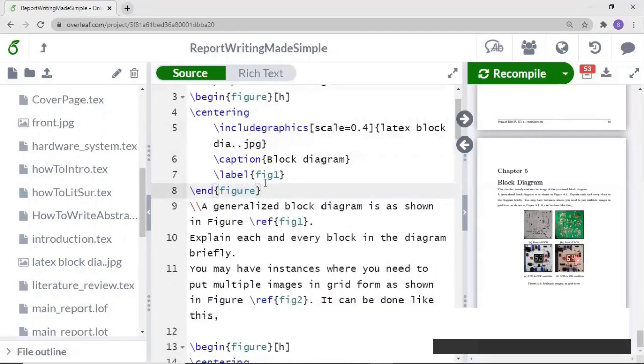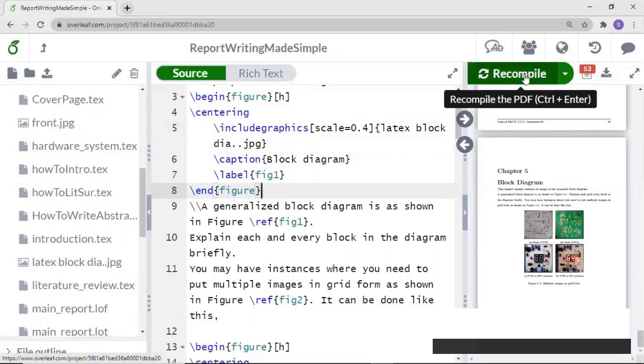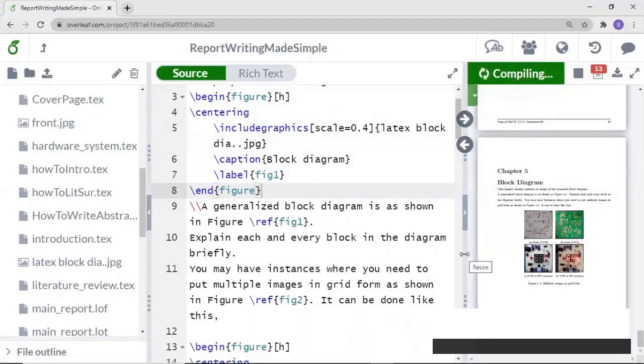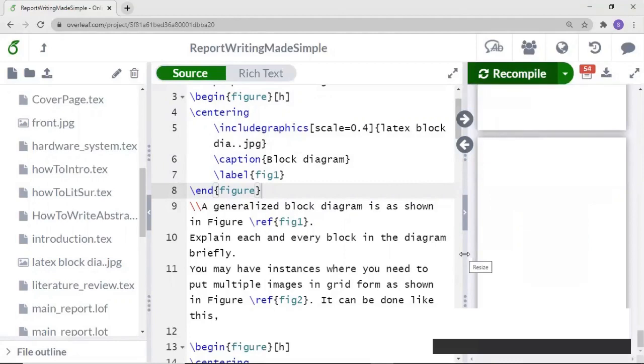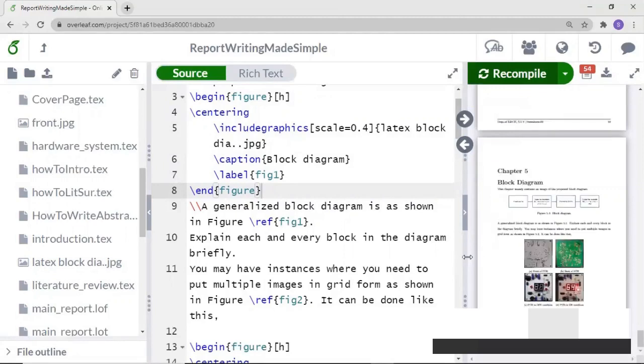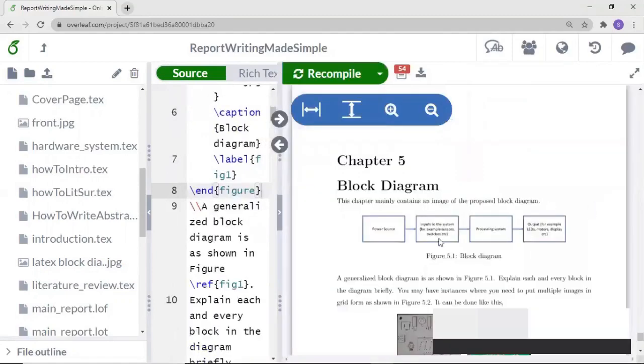Next, you need to end that block. So end figure is the command for that. Let's recompile and see. Yes. See, the block diagram is now included here.